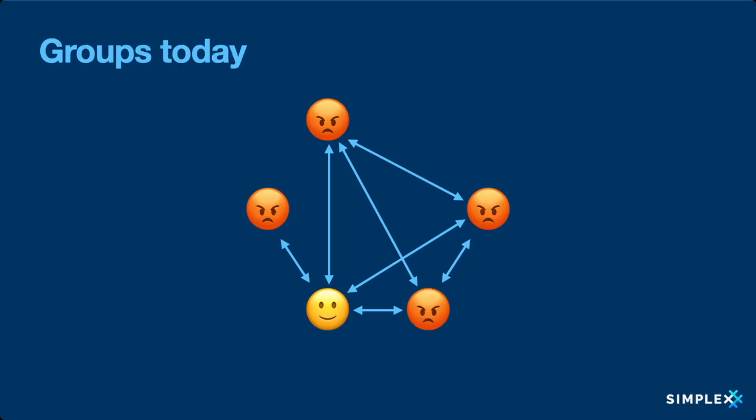And then 1 more user joins. And again, the whole network becomes unhappy because they can't see messages from this user, and this user can't see messages from the rest of the network. And again, they have to connect. And what if some of the connections break? Obviously, these 2 users will never see messages from each other.